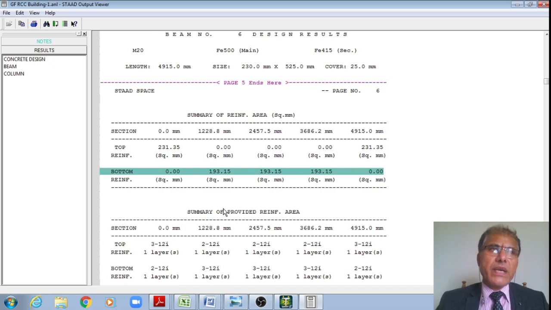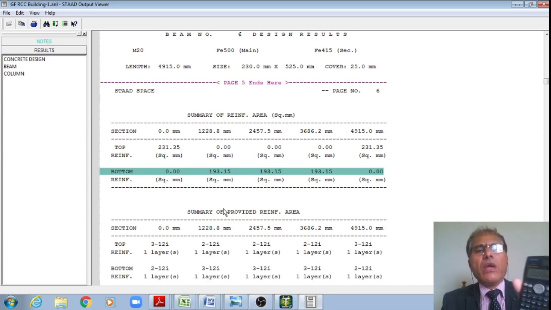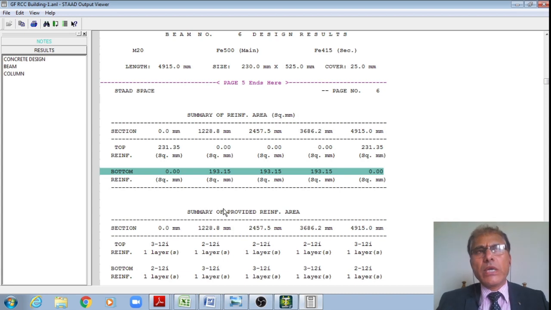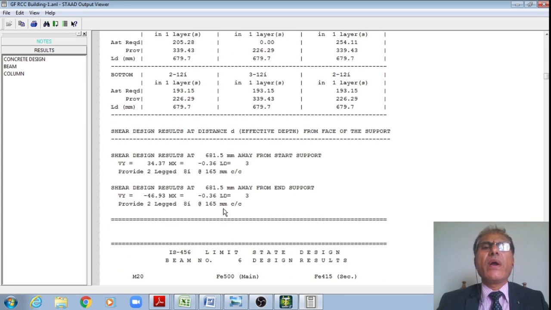Therefore, 231 divided by even 12 mm dia, if I provide, I require 2 point odd value, or say 231 divided by 113, I require 2.04. Therefore, I told you to provide 3 12 mm dia bars, top steel and bottom steel. 193 is required here,